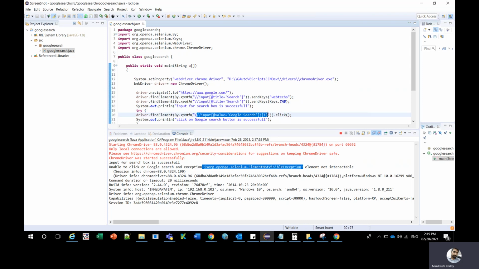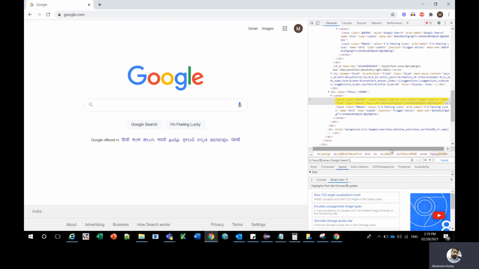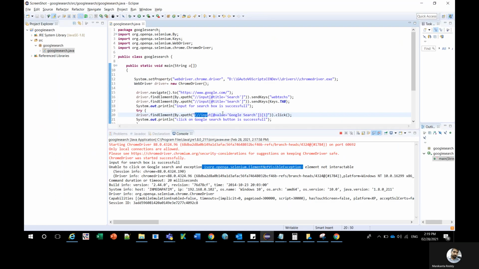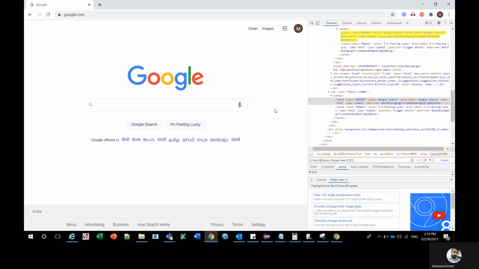So you know that we have input the wrong XPath, and it's expected that the element is not visible or clickable. The highlighted element is present in the DOM, but it's not visible to click.